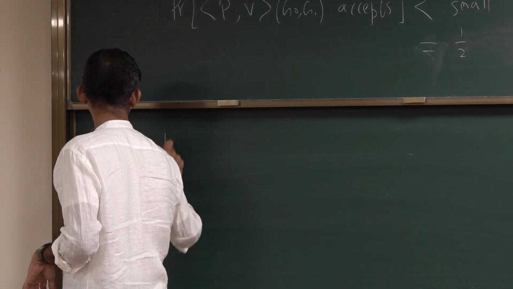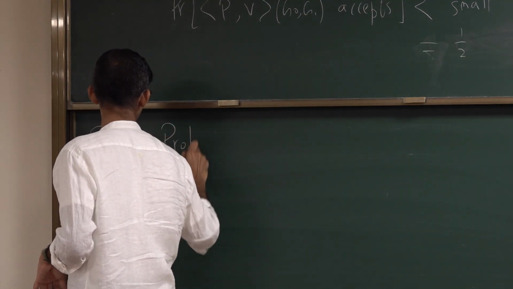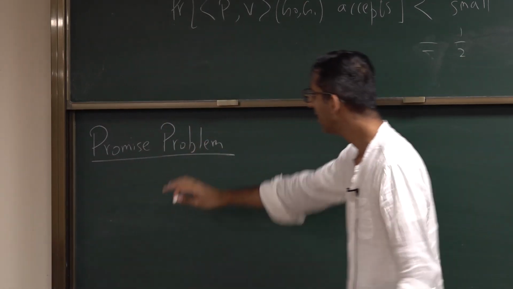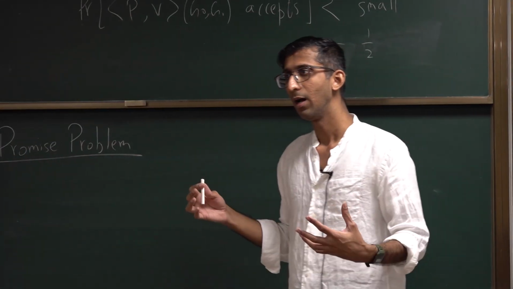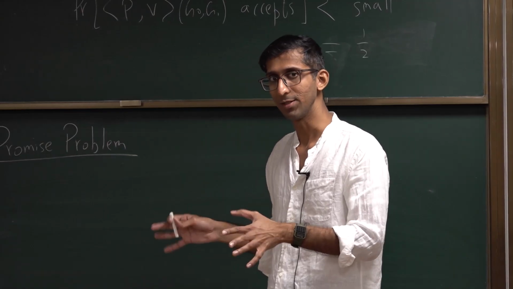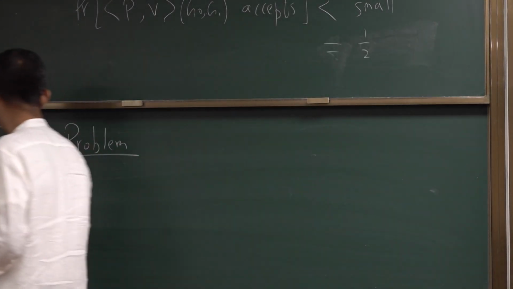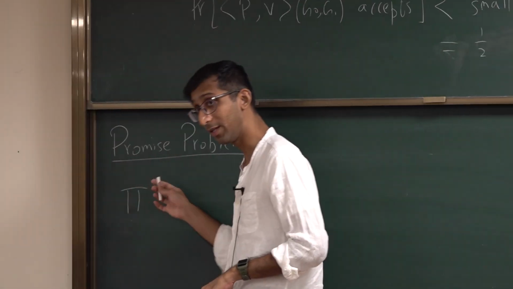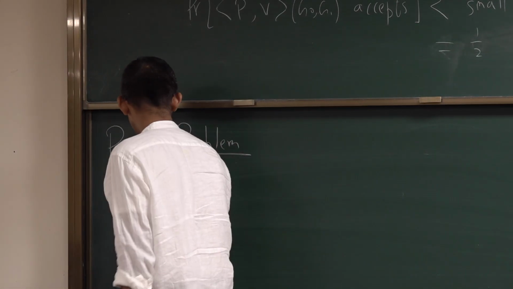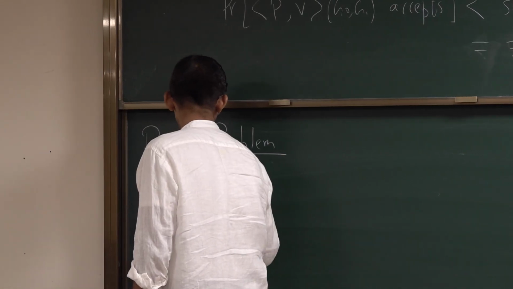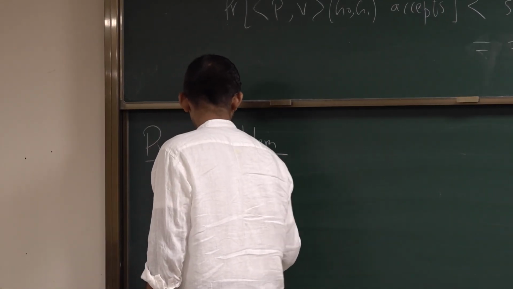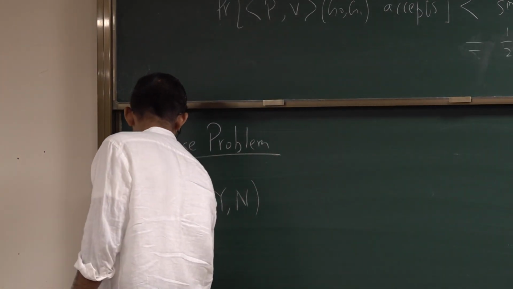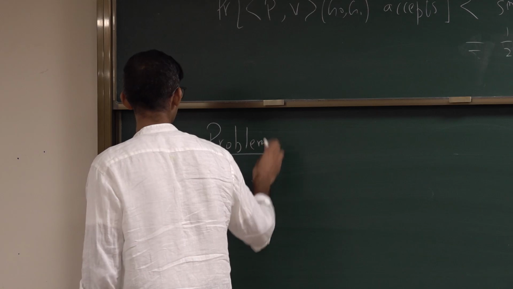And I'll explain why it's called a promise problem in a minute as well. It's nothing too sophisticated. A promise problem is simply a pair of disjoint sets. I will typically use the symbol pi to refer to these things, just like you use L for languages. All it is is a pair of sets, such that